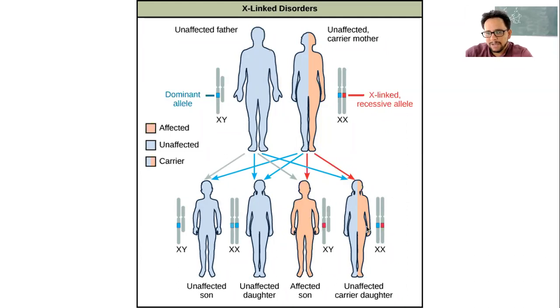And in the case of the female, the red X, the recessive allele from the mother, fuses with the normal blue X from the father. That's why we have one blue, one red copy, which is exactly the same genotype as the unaffected carrier mother. So this girl child will be a carrier, but she will not exhibit the phenotype. So this way you can carry out the analysis.